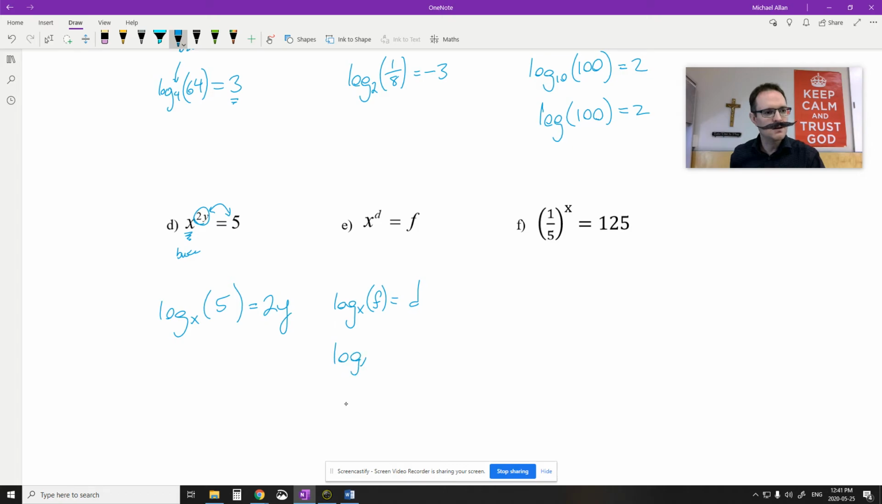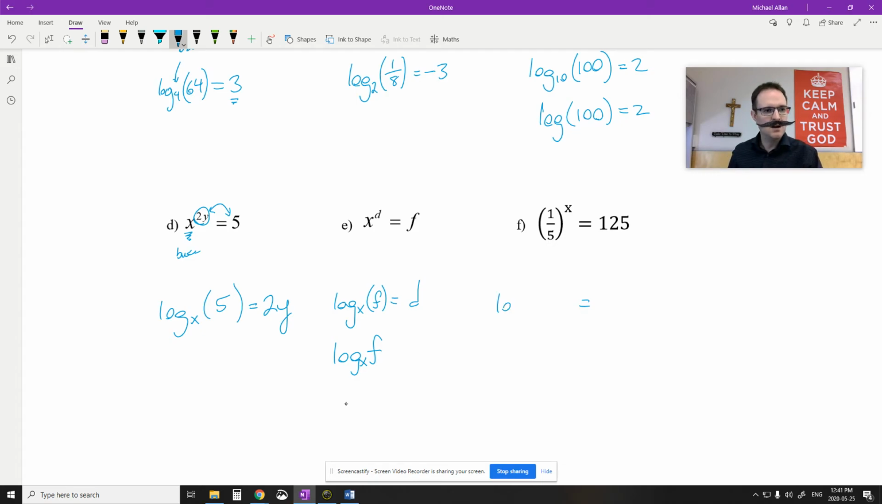You can go log base x f. As long as you don't make those two things the same size, you won't get confused. Okay. Here, this is the most common reason why we do this, because I want to figure out what x value I would have to put there to make this equal to 125. So rather than guessing or changing bases and stuff,